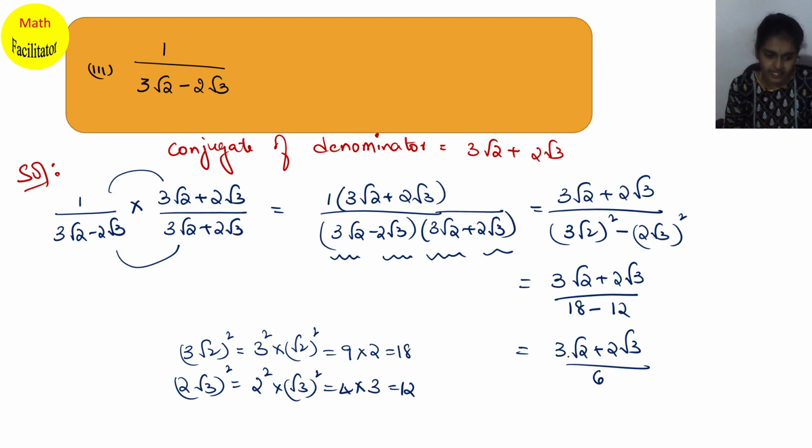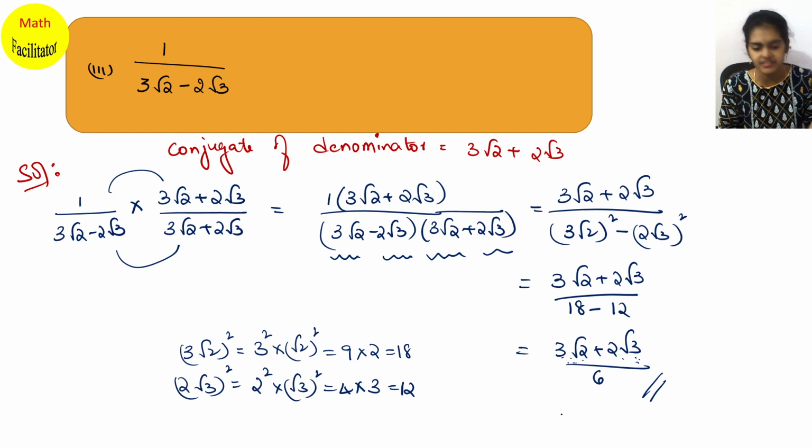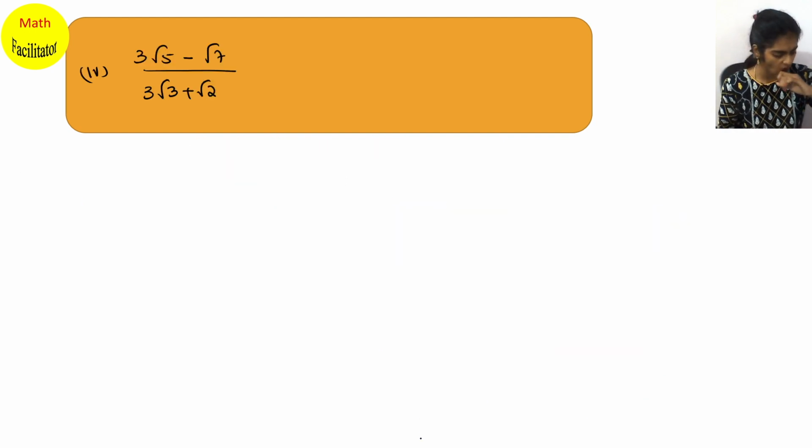So if you want, you can take root 3 common, or else you can take root 2 common, okay? But again, two different answers are possible. If you are taking root 3 common, there is one answer which is possible. If you are taking root 2 common, there is one more answer which is possible. So what I am doing is, I leave this here, okay? Chalo, let's move on to the next question.